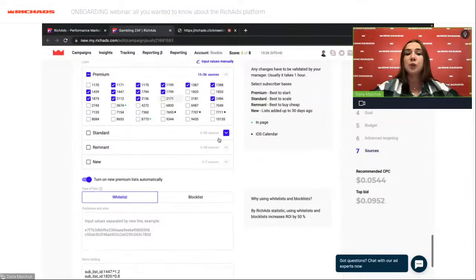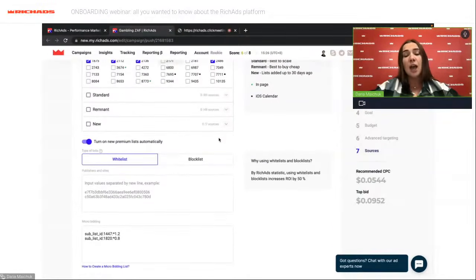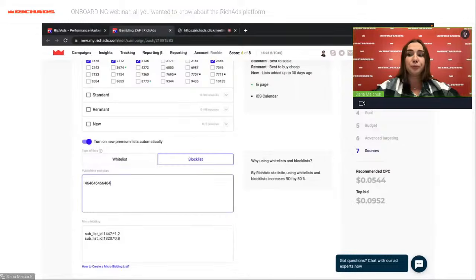First of all, we need to check the statistics and exclude some sites and publishers that showed you bad results. And we can do it here. You need to put specific sites and publishers in this field, each on a new line, and you will delete or turn off these publishers and sites.